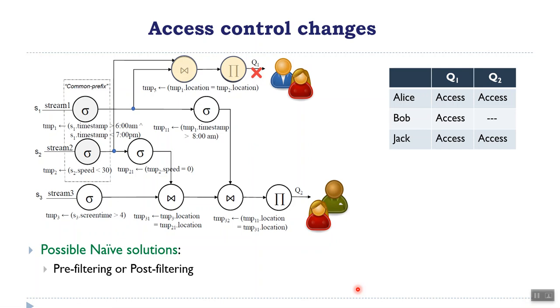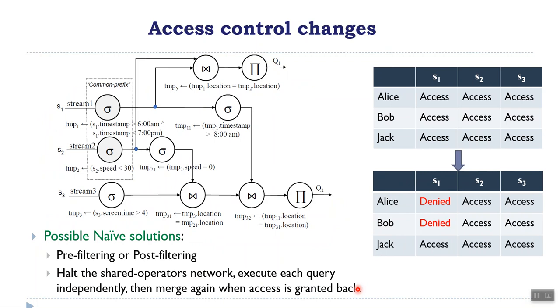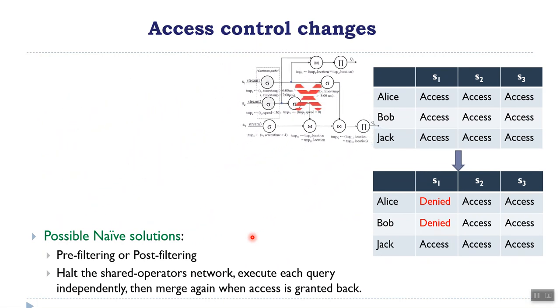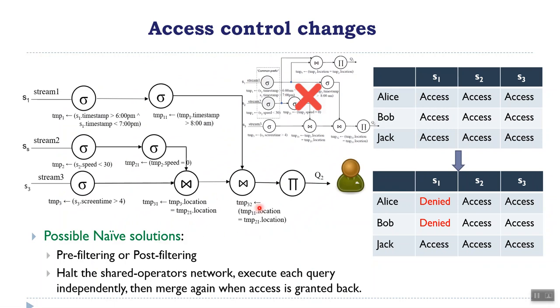Another also naive solution is to halt the shared operator network from executing when access policies change, and execute each query independently. And whenever the access is granted back, then we can divert back to the shared operator network. It is obvious that this solution is very inefficient, because what we're doing is we are